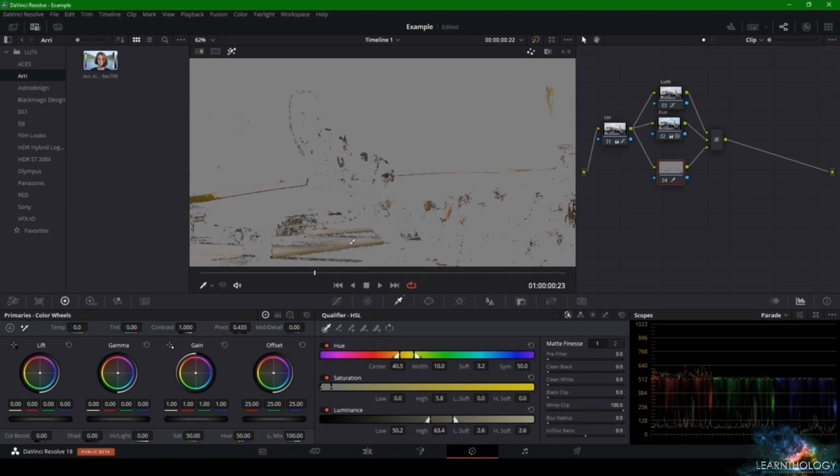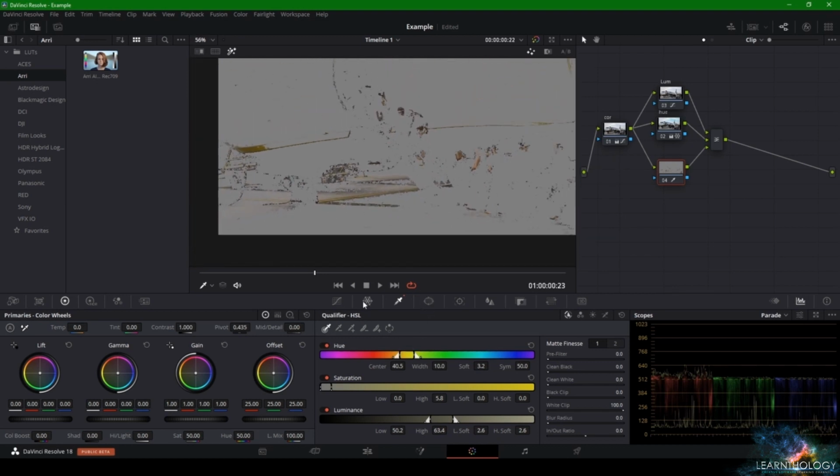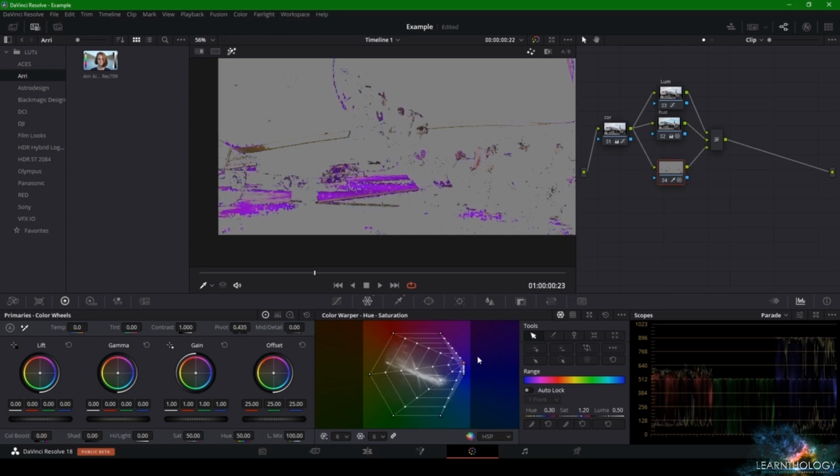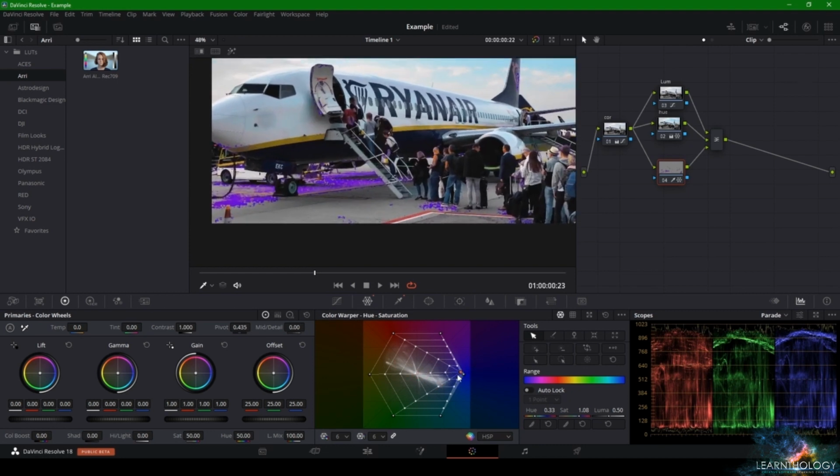Anyway, I can select everything that's down here, and I can change its hue. For example, I can make everything look blue, and if I unclick this, I can see that I'm affecting only what I have selected, so only what the qualifier selected. So let's say I want to make everything look, or let's say I wanted to make no saturation, basically. So I could do this,